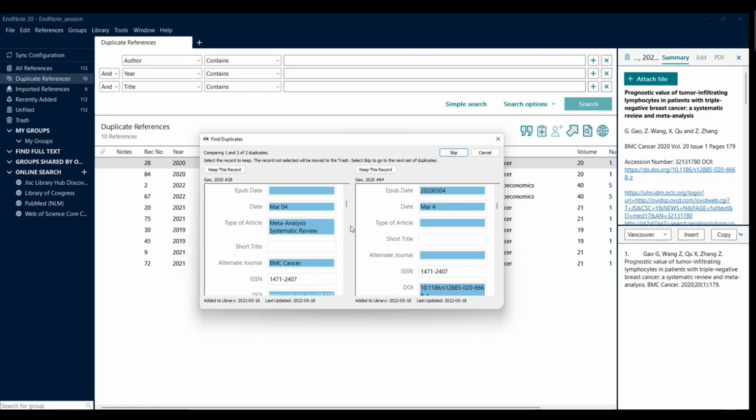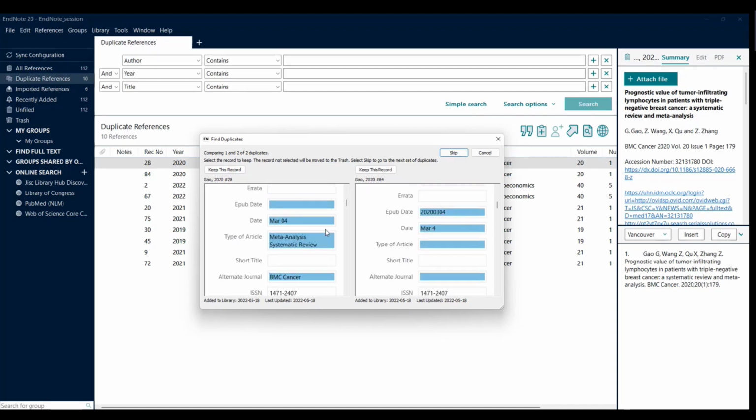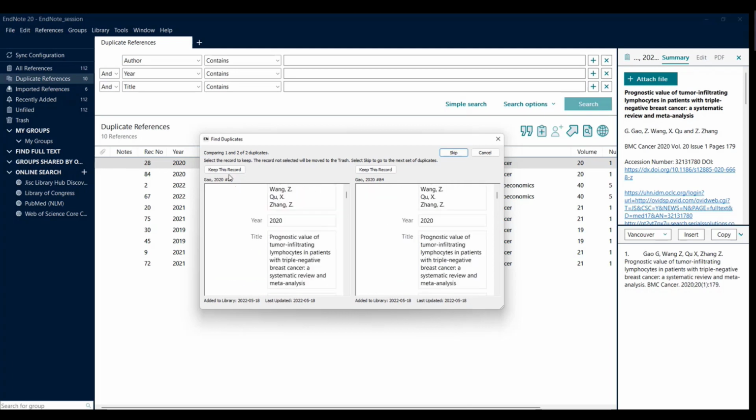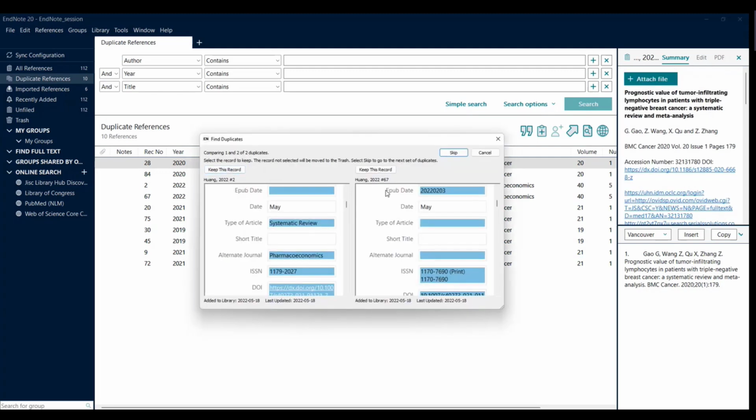And then you have an option of selecting the one that has more fields, or you can just add them to the other record and keep that one. Now I'm looking at this one, comparing this. I'm deciding to keep this one. And then you just click on Keep This Record, and then it moves to the next record. Again, you can compare until you finish